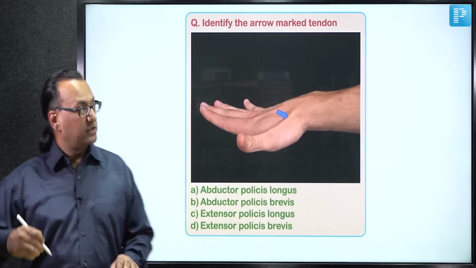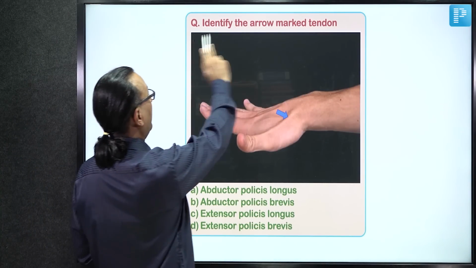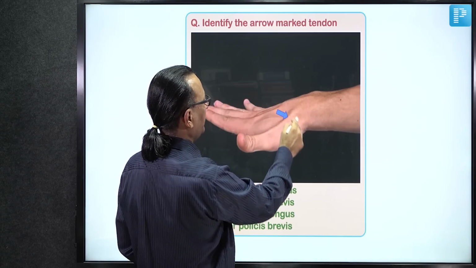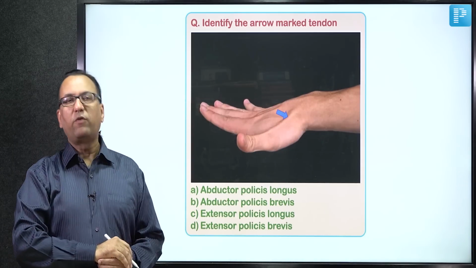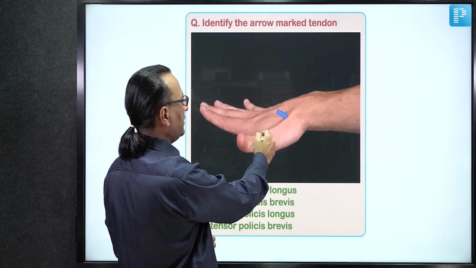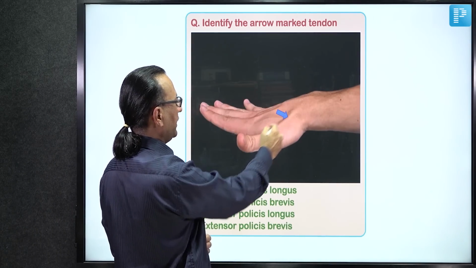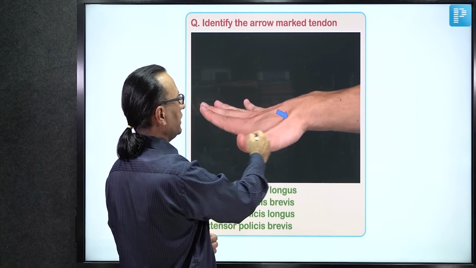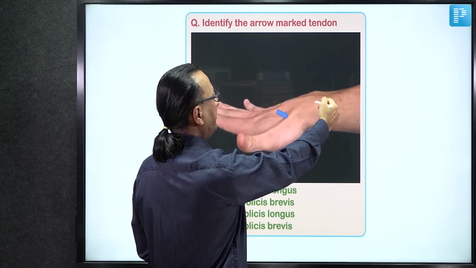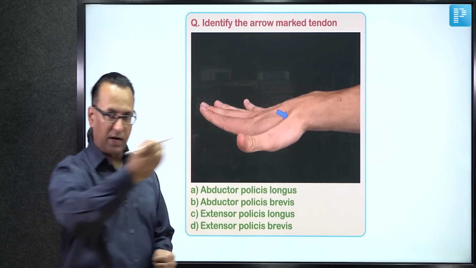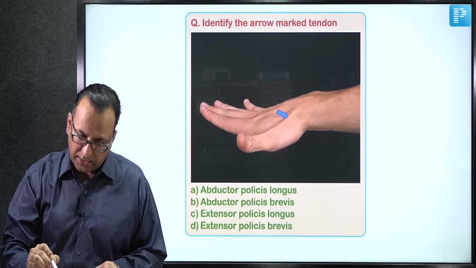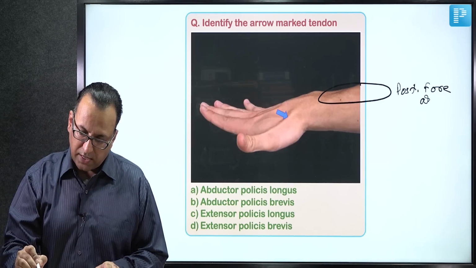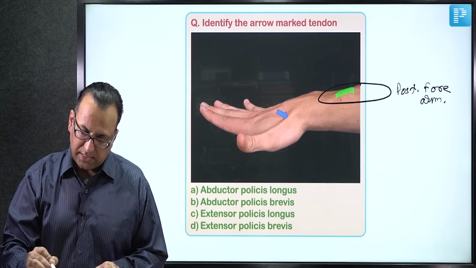This is a diagram-based question where they are asking us to identify the arrow-marked tendon. As is evident, this is the region of the anatomical snuff box bounded by some tendons, and the tendon which they have shown in the arrow mark is extending the thumb, extensor pollicis. It's a long tendon, so extensor pollicis longus. Coming from the posterior forearm, let us demarcate the course of this tendon here. It will come from the posterior forearm, and it is going to extend the thumb,